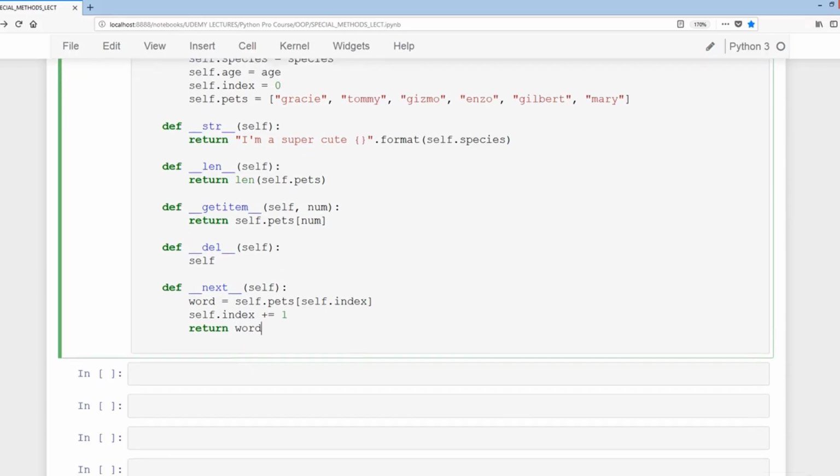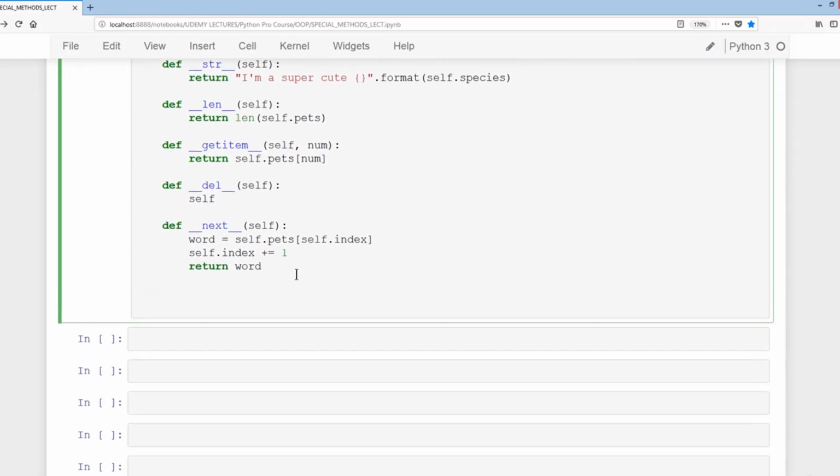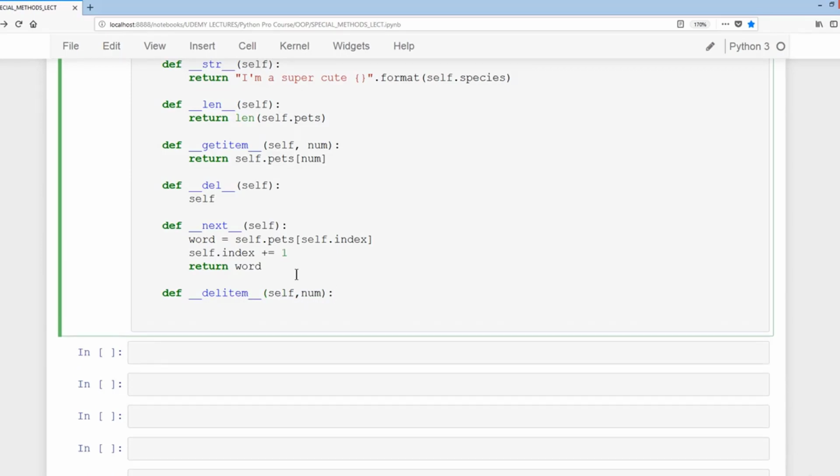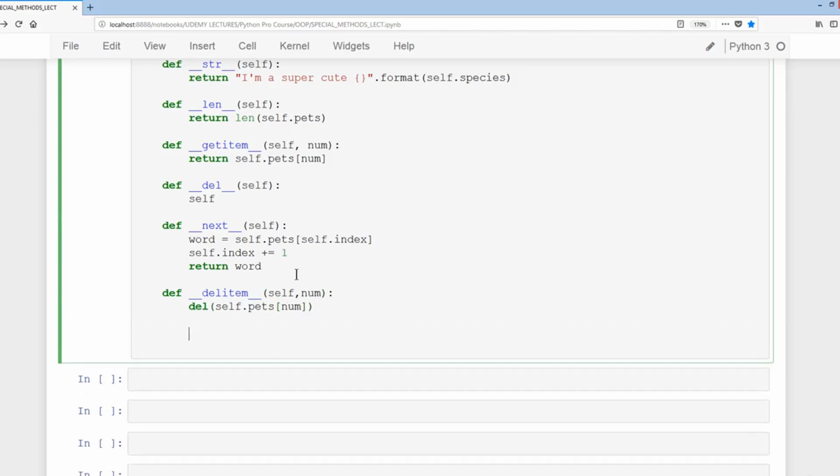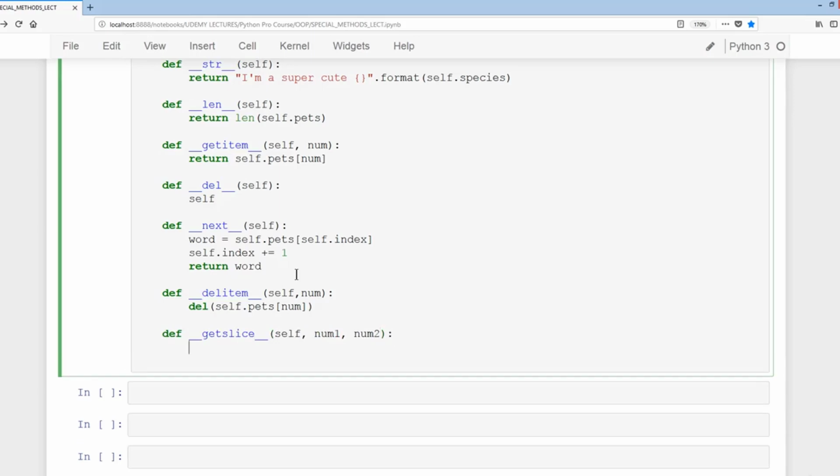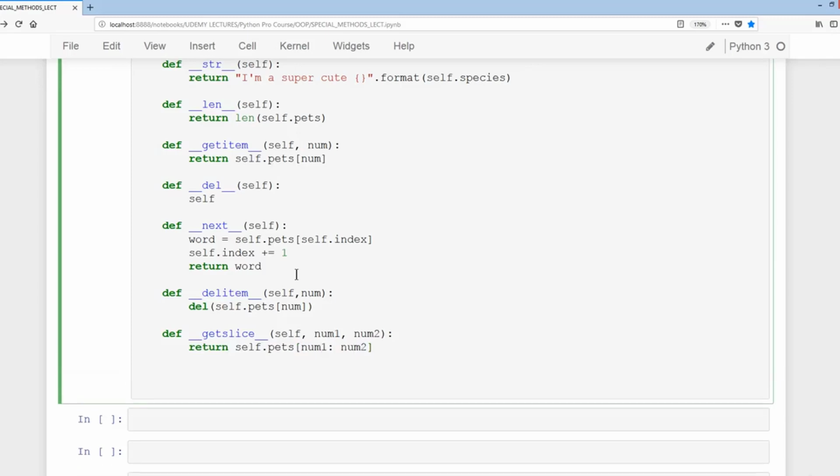Okay, I'm just going to scroll down a little bit. So we're just going to put a few more special methods in here. And we'll have, let's say, delitem. So this is the opposite of getitem, well, essentially. Okay, so we're going to have num as a variable. And then we'll have del self.pets[num]. And then we'll have also getslice, num1, num2, return self.pets[num1:num2], and then lastly we'll have